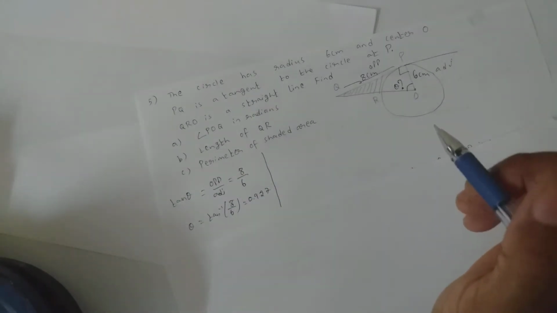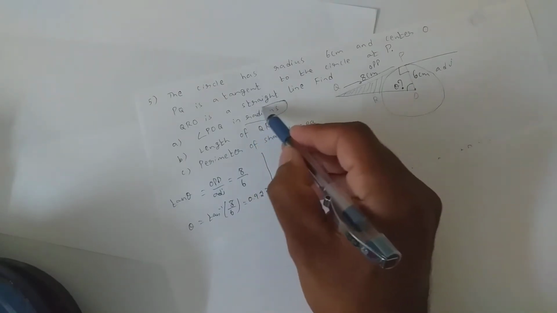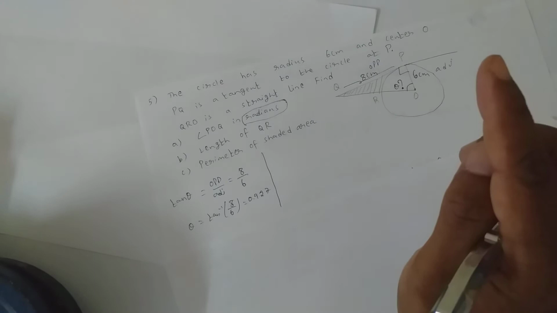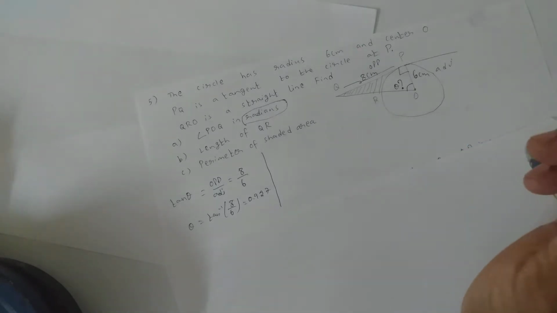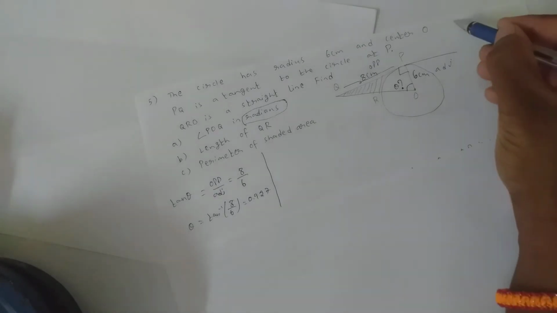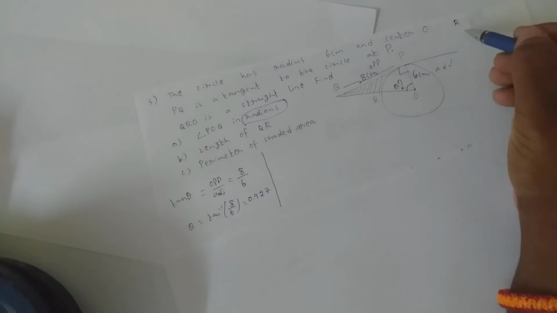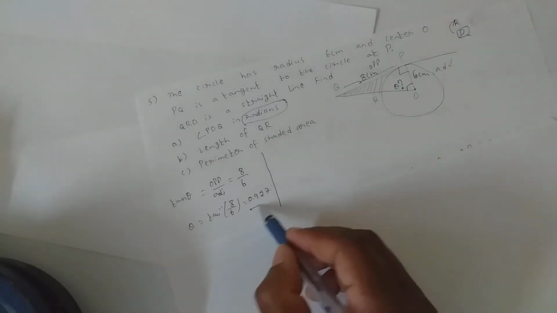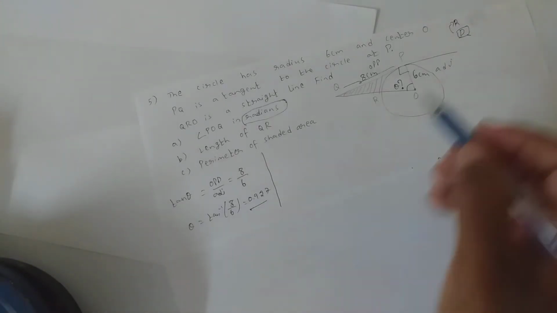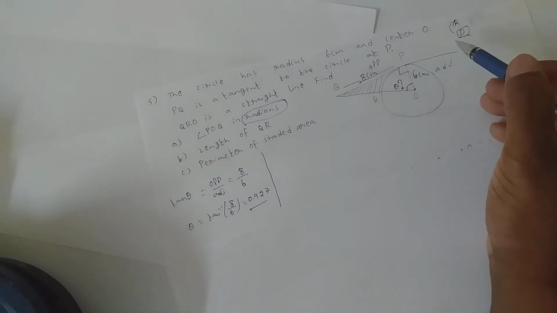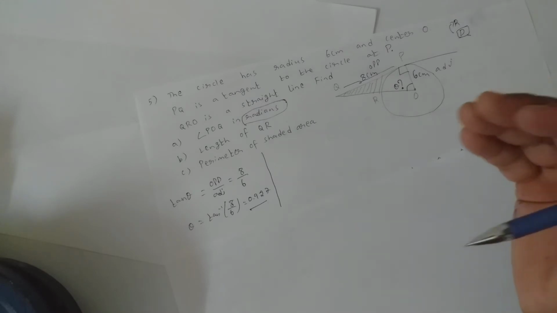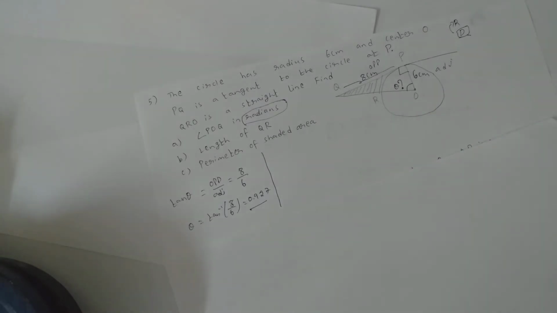One more important thing. Here they are asking you to find the angle in radians. So the calculator should be in radians mode. At the top of the calculator, R should be written. If D is written, it means the calculator is still in degree mode. It should be changed to R. Then only you will get this answer in radians. If it is in degrees, you will get the answer in degrees. Are we clear? Change the calculator to radians and then do the sum.